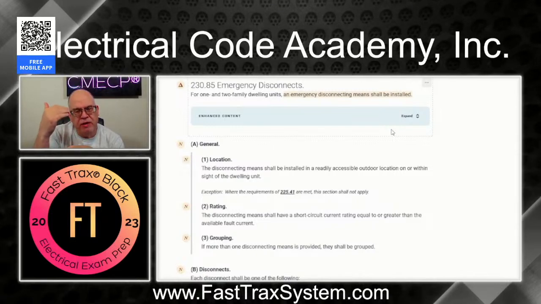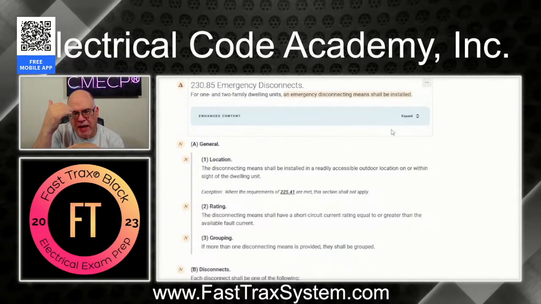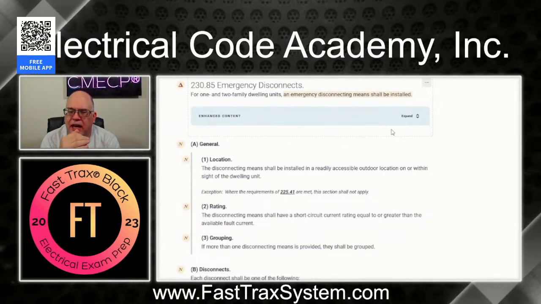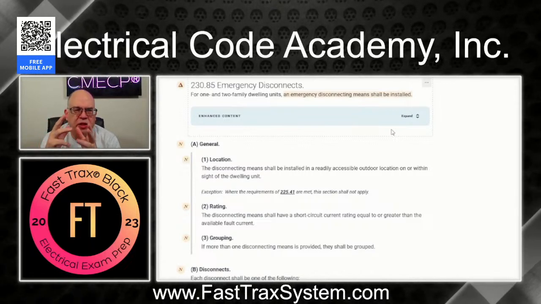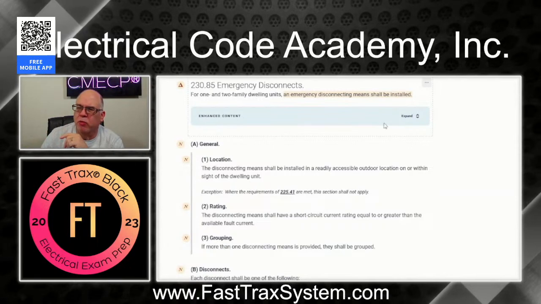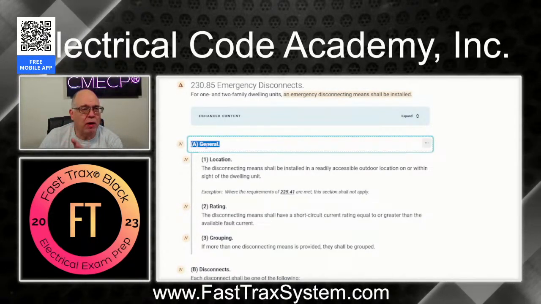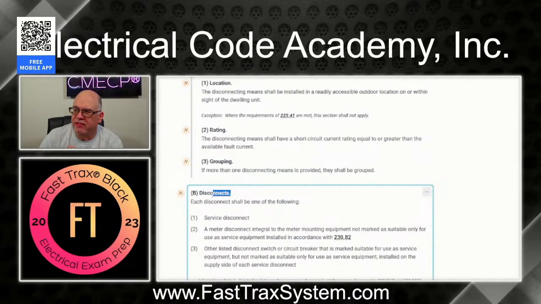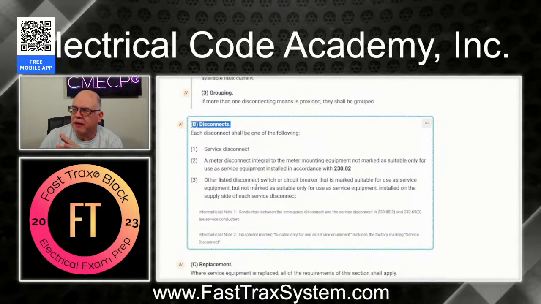You now have it broken down into subparts A, B, C, D, and E that kind of break it out a little bit. Instead of it being all lumped into one code rule, it's been broken out a little bit for clarity. So let's look at it. We're in the 2023. So we're going to have the general requirements. We're going to have the disconnect itself requirements, and we're going to look at some examples of these. And then you've got